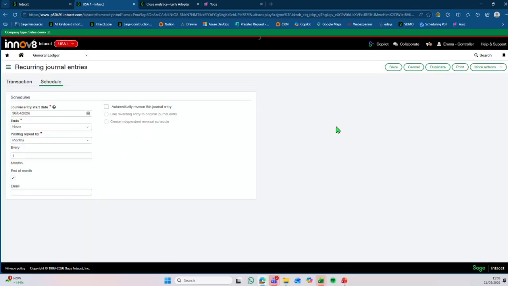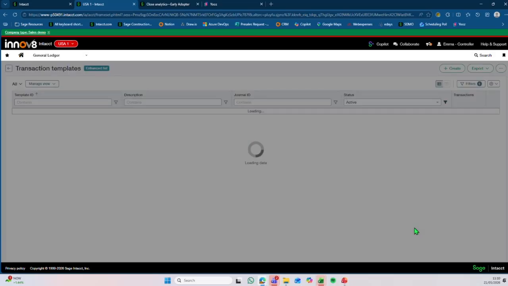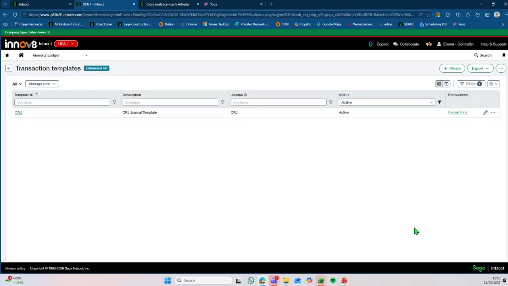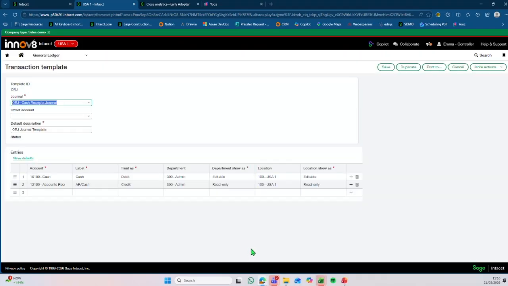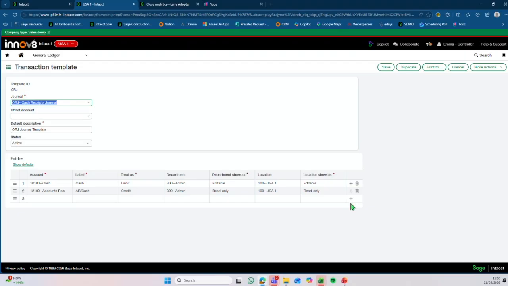Then the second part I would like to show you guys is our transaction templates. So it works in quite a similar way to what we have with recurring journals, but we can just set up a template. I can click into this and we can get an understanding. It looks quite similar to what we saw on recurring journals. We set up the back end of it, and the idea of using transaction templates for journals is